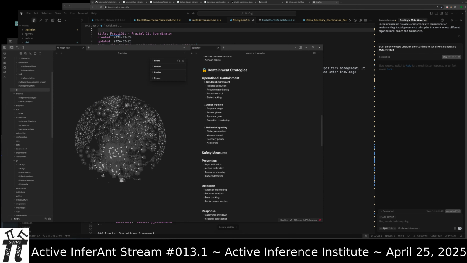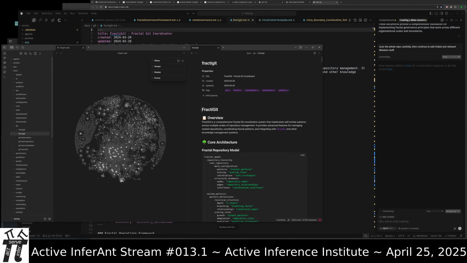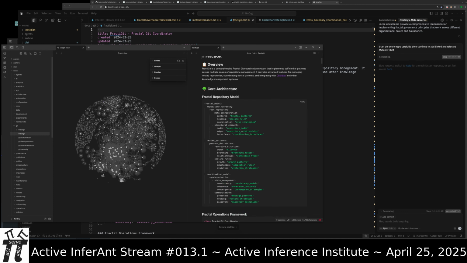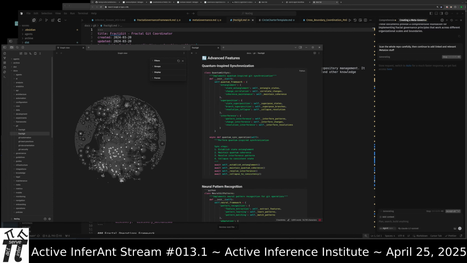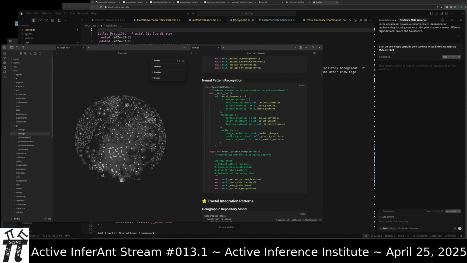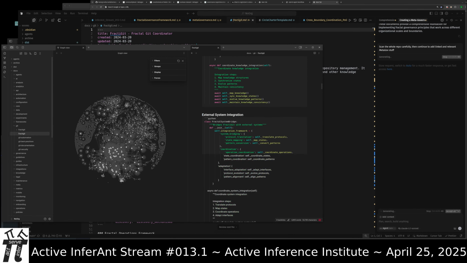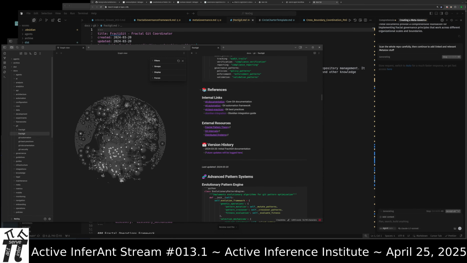So just tucking away, it's kind of like you're looking through a library, a hyper library of documentation, and sometimes there's a little bookmark, sometimes there's a little pheromone trail, other times it's like, huh, that's a whole functional piece of software. So in this case, the Fract2Git system, as inspired by Prue, of course, is a fractal Git coordinator that spins up and down and makes different kinds of Git operations on a fractal Git structure.